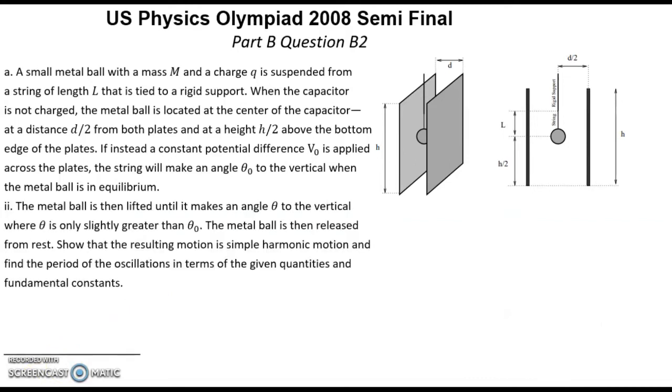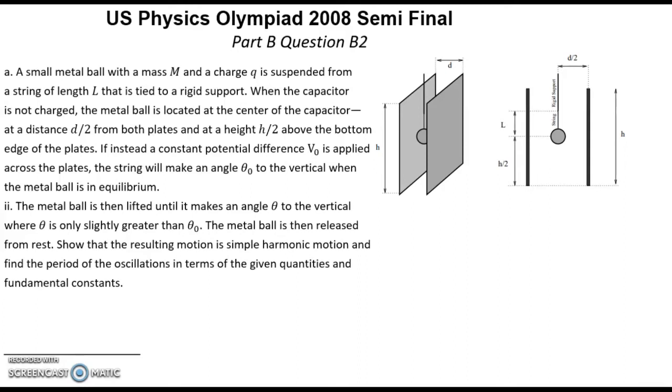Second question. The metal ball is then lifted until it makes an angle θ to the vertical, where θ is only slightly greater than θ0. The metal ball is then released from rest. Show that the resulting motion is a simple harmonic motion, and find the period of the oscillations in terms of the given quantities